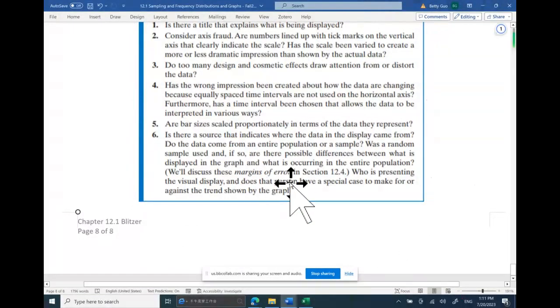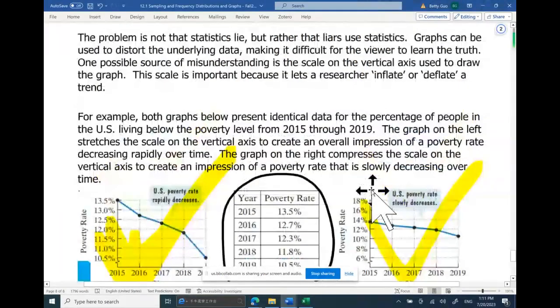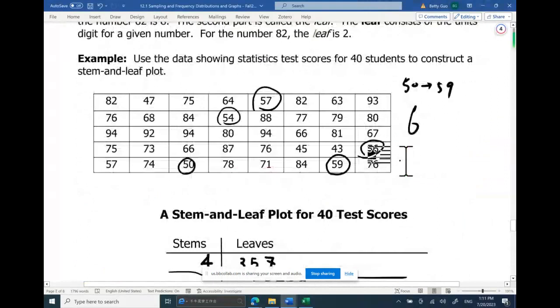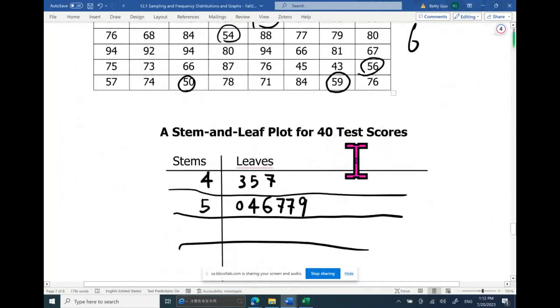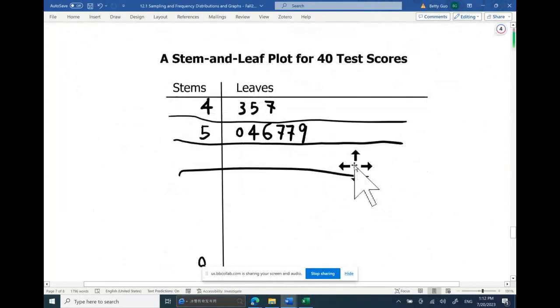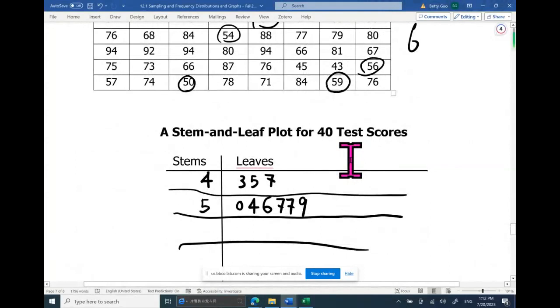All right, so that's the end of the note. I hope you learn the basics after watching the video. Knowing those basic concepts, also know what is a frequency distribution table, what is a grouped frequency distribution table, what does a histogram look like, horizontal scale, vertical scale, what does a frequency polygon graph look like? How do we construct a stem and leaf plot for a given data set, and those things, and also how do we identify